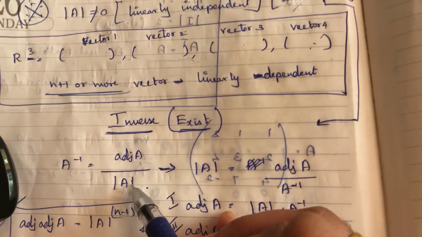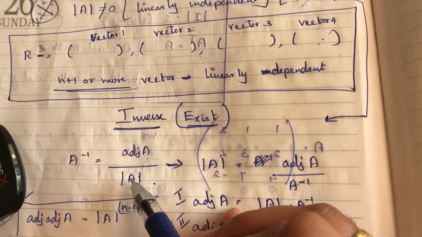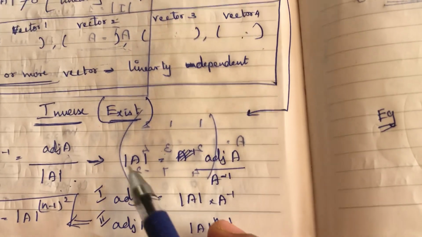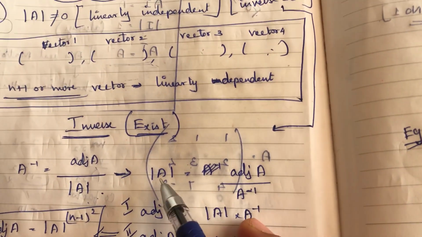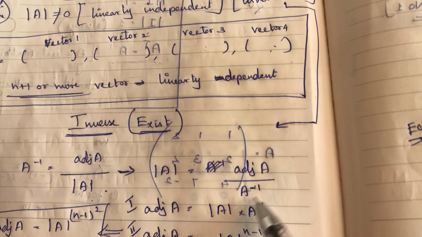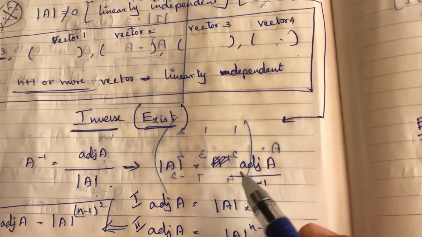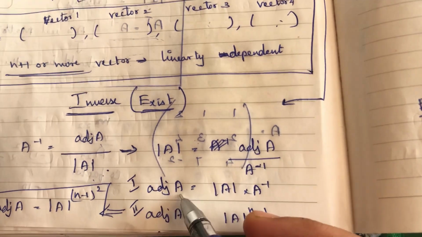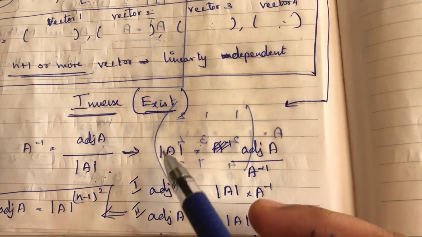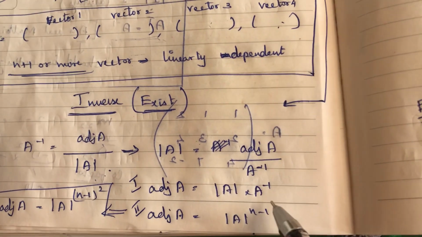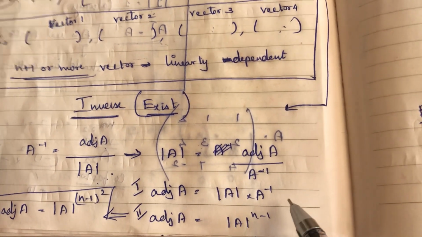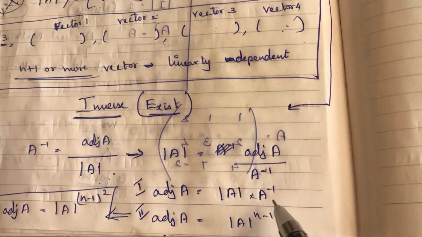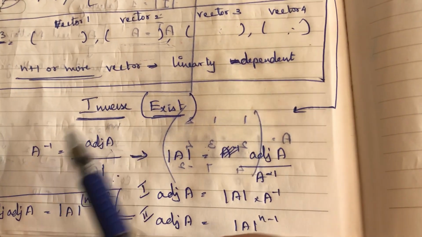Let me show that. Just take this determinant A here and A inverse down. Okay, so I just write it here. Determinant A is equal to adj A by A inverse, right? Just take this adj A here and this A inverse will go here. So determinant A into A inverse. So this is the first thing: I have got adj A which is equal to determinant A into A inverse from this formula.